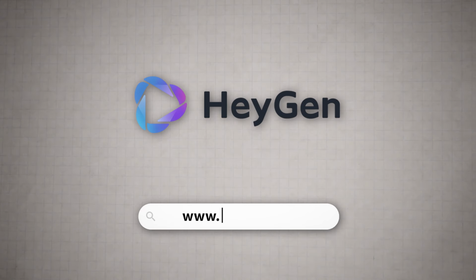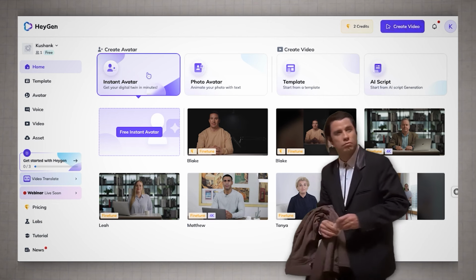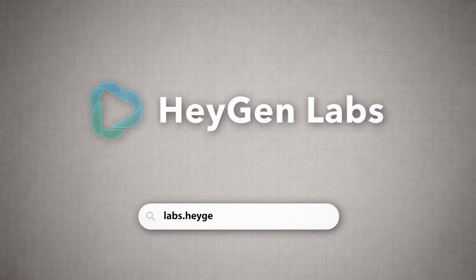For this, we're going to use Heygen, which is one of the leading platforms in the space of AI videos. So when you go to Heygen, you're probably going to find it hard to figure out how to build this interactive avatar. This feature is really new, so it's kind of hard to find. I don't see options. So what I would say, go to this URL, which I'm also going to put in the description, which is